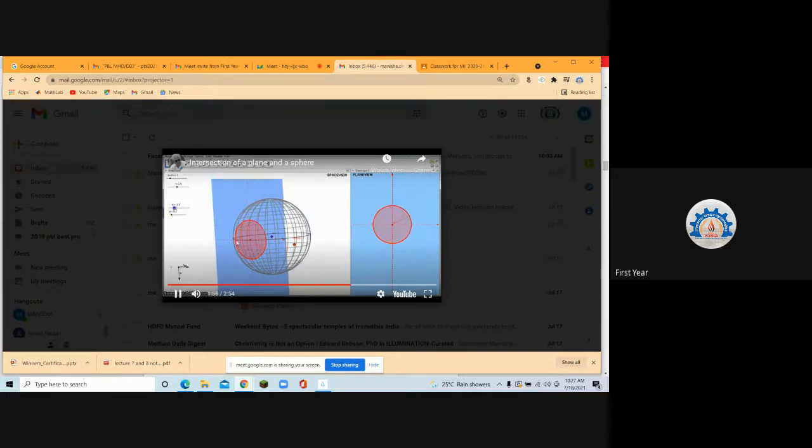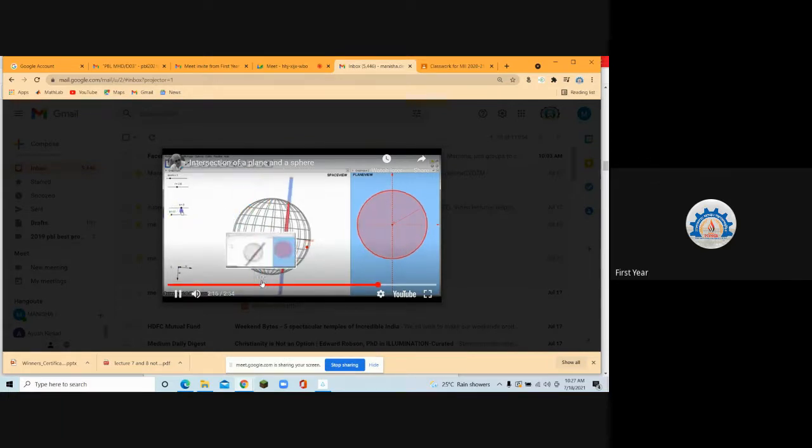will be lying on that plane, because if the plane is intersecting the sphere in a great circle, then the plane section will be on that middle circle, na? And a solid sphere is a solid object, so the center of the sphere will lie on the plane. Can you see that? Can you understand that? Yes?